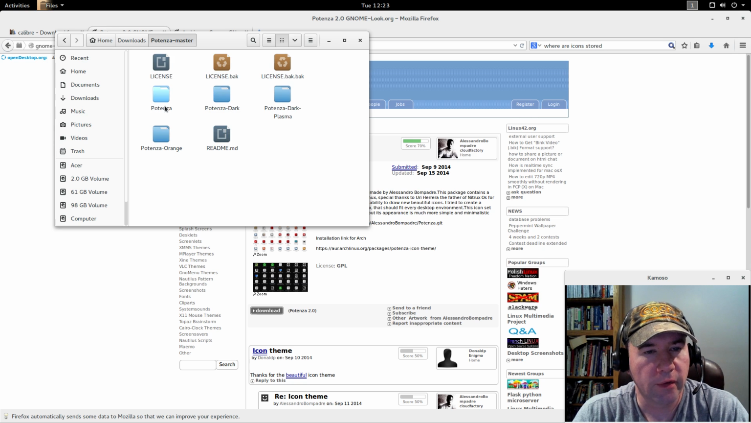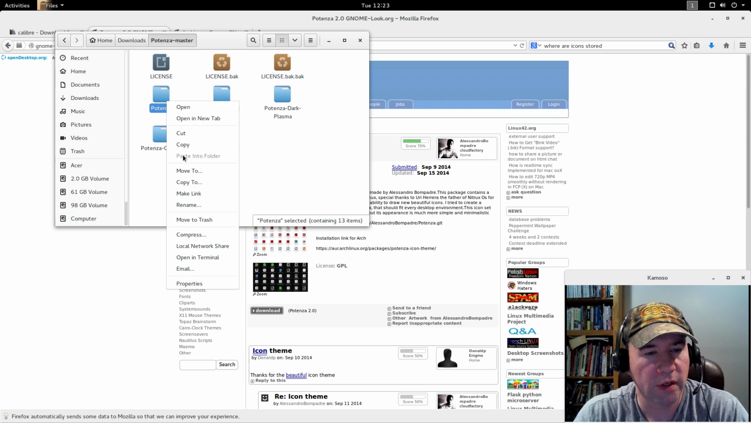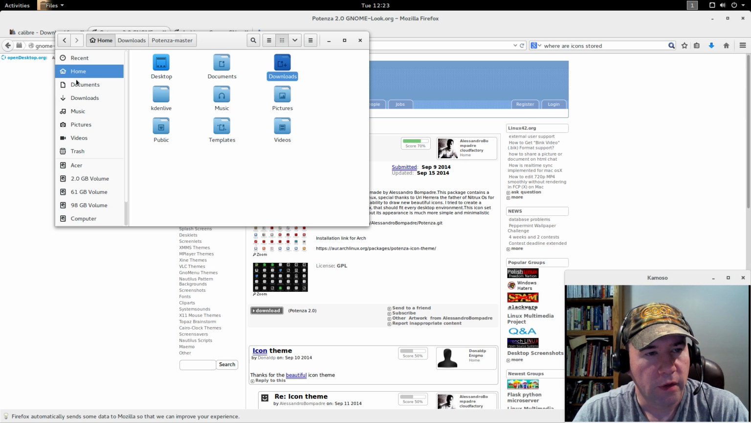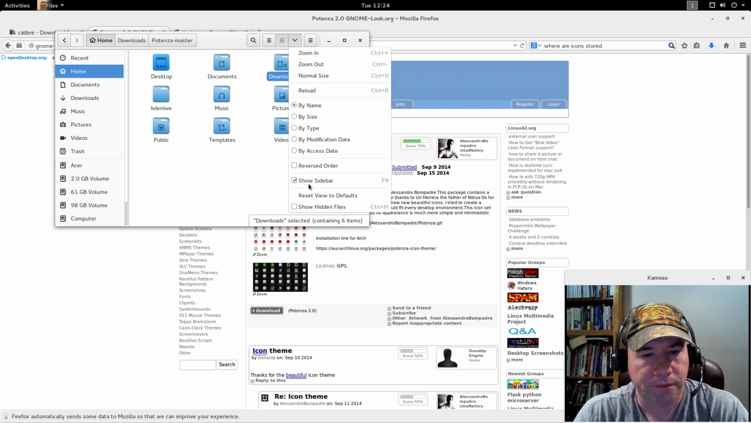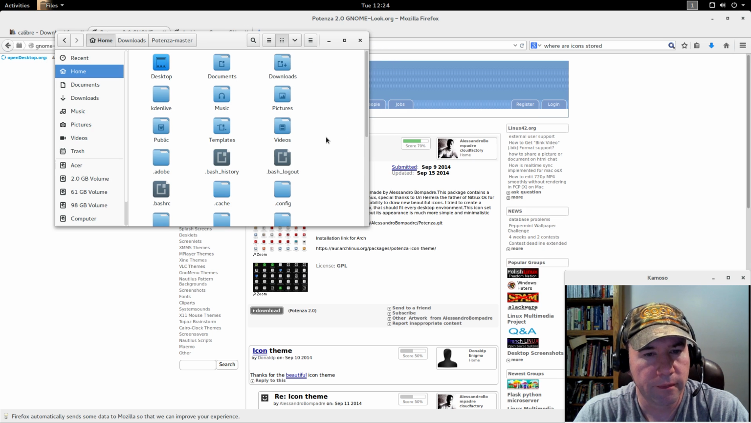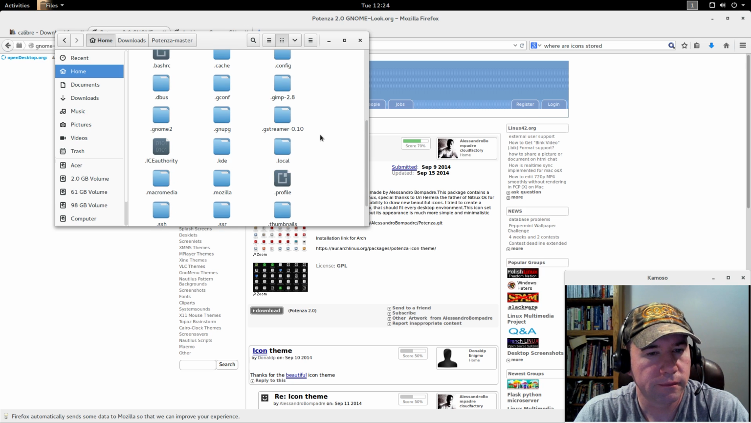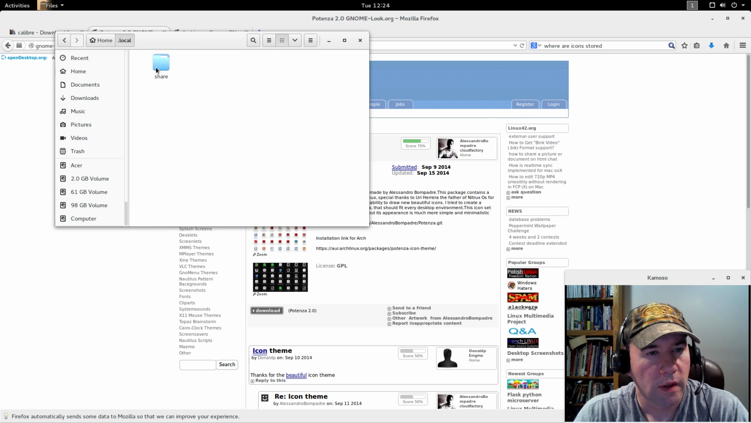Now it looks like we've got a couple of different ones: there's a Potenza Dark and Dark Plasma Orange. I just want the standard one, so I'm going to copy that and everything in the folder. So copy it. And now let's go to Home, and I want to look at the hidden files, find the local file, share,